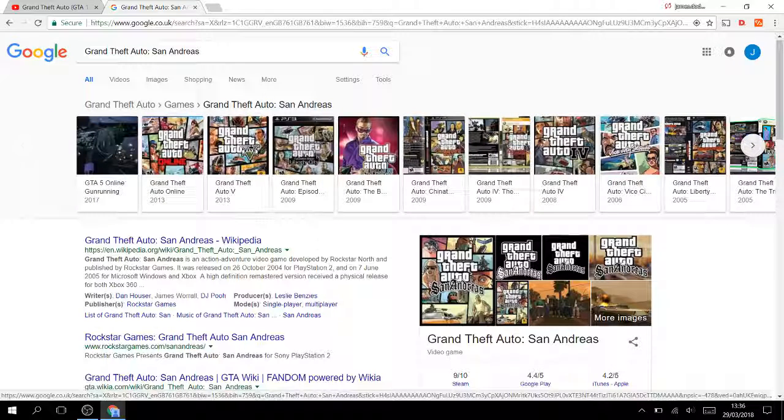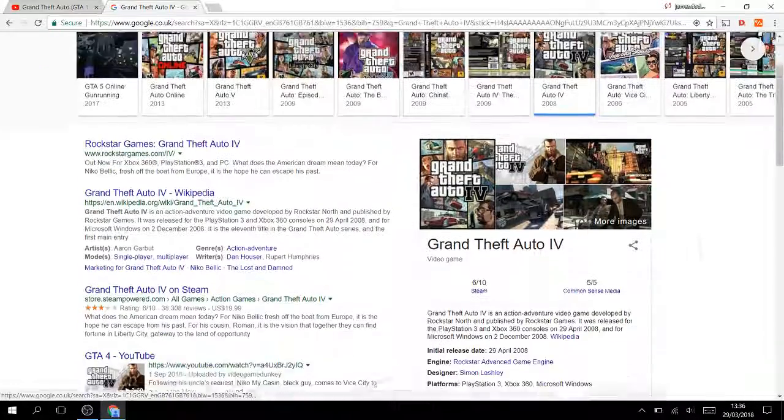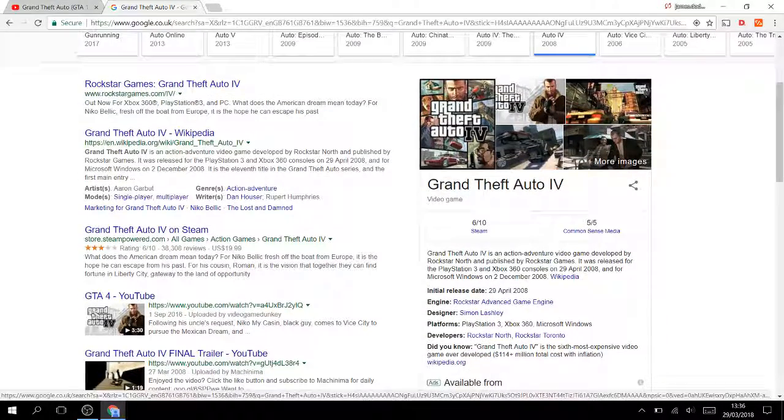If you look at the space of release between the last genuine Grand Theft Auto game to come out, which was 2008, Grand Theft Auto IV. So this was released on the 29th of April 2008. Now, normally, if you are to leave a game this long, people will get disinterested.